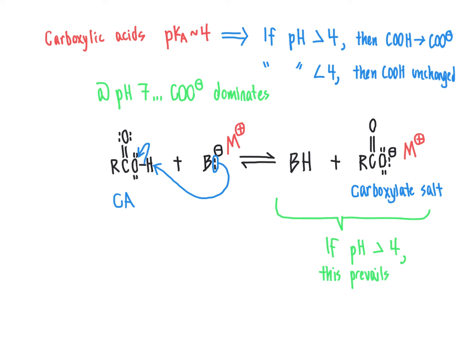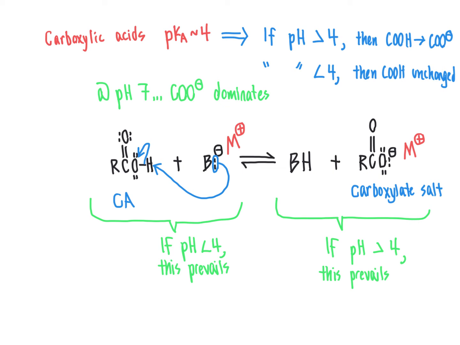Meaning that if you were to look at what exact form a particular carboxylic acid molecule was in the body, if the pH is greater than 4, this form on the right is going to prevail. On the other hand, if you're in an acidic environment in the system, such as within the stomach, where the pH is certainly less than 4, then this side of the equilibrium prevails, meaning that we would have an abundance